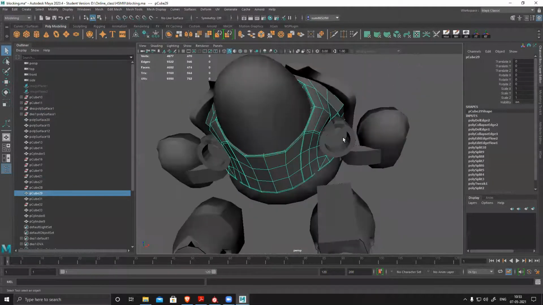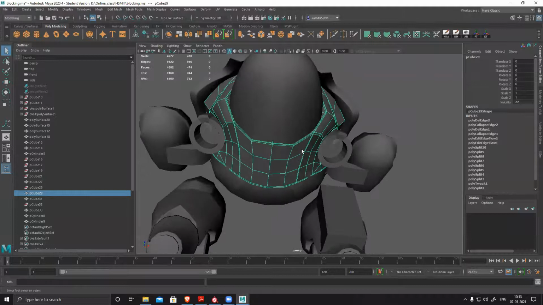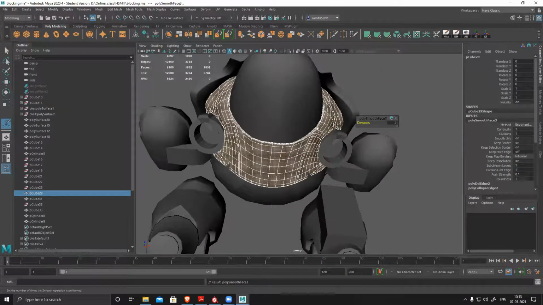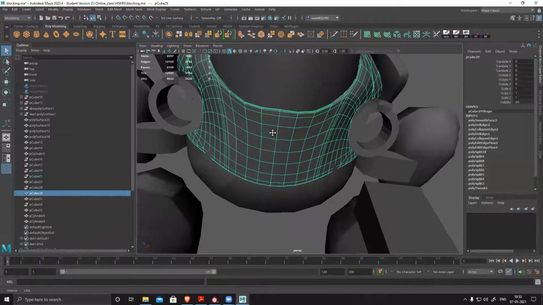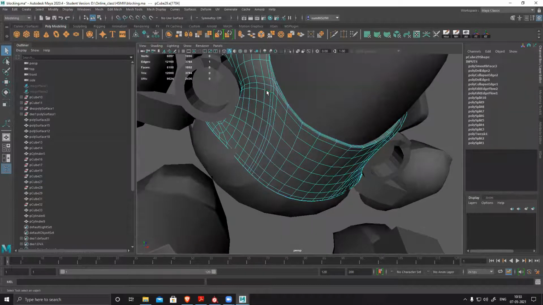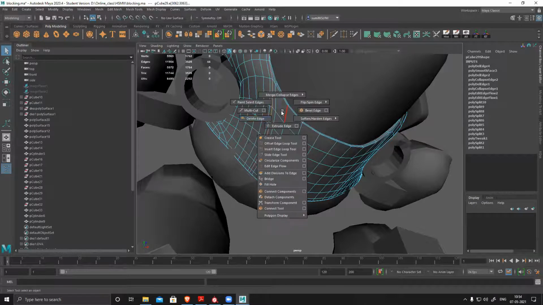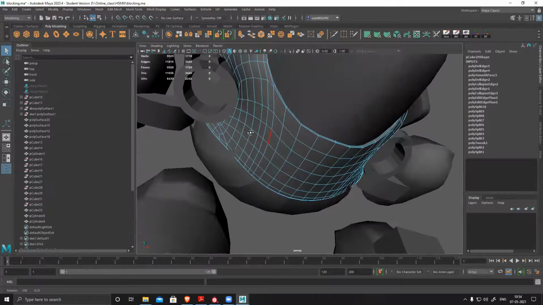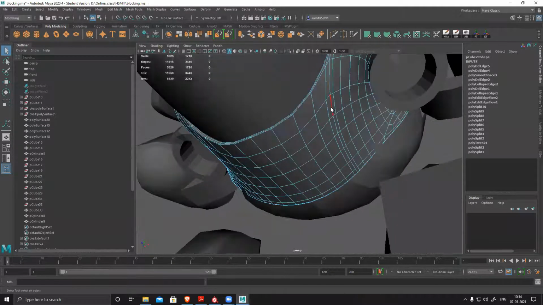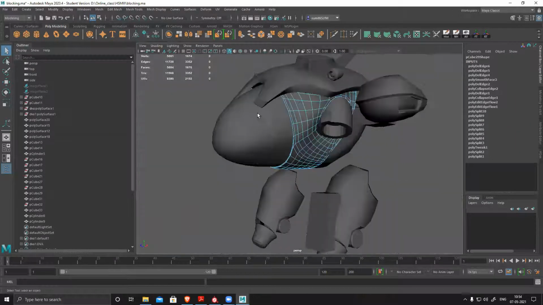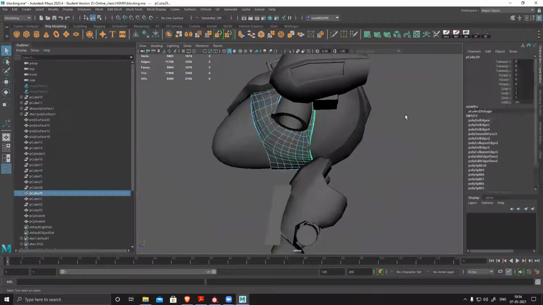Yes, wherever your model's blocking is visible, like all the edges and corners are visible, make it smooth. This is again blocky, so I'll smooth it. But after smoothing, I can see there are a lot of unwanted loops. These are not required, so I'll delete this. Then this is not required, I'll delete this. So I optimize, I reduce it, like this. Now it's a smooth version of the same model.